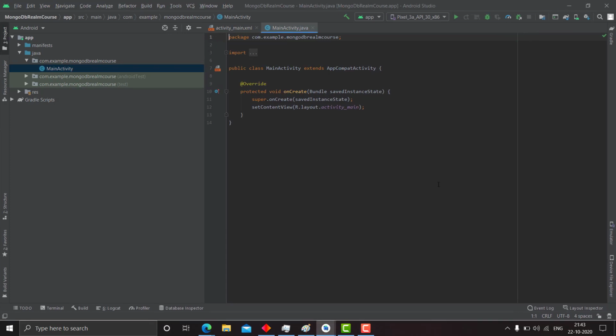This is a video of the MongoDB Realm course. I recently made an application and used MongoDB Realm as my backend database for the Android Studio project. But later I got to know that the documents of MongoDB Realm were not that good, and I couldn't implement them easily by just looking at the documents and various other things. So in this course I will be making step-by-step videos on integrating MongoDB Realm and other features related to the MongoDB backend in our application.